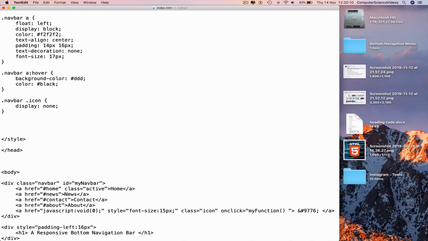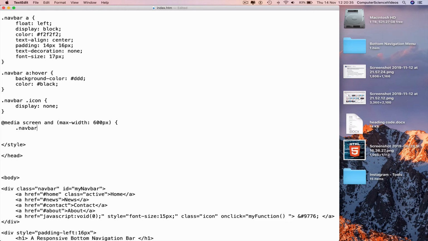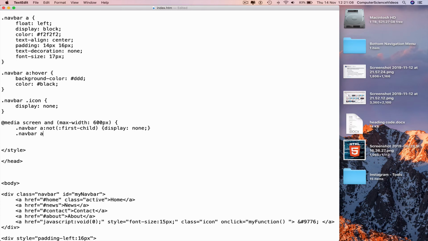and then go to a new line again, at media, screen, and parentheses, max width, colon, 600 pixels, parentheses, curly brace, new line, dot nav bar, a colon, not, parentheses, colon, first child, parentheses, curly brace, display, colon, none, semicolon, end with parentheses, go to a new line again, indent, dot nav bar, a dot icon,